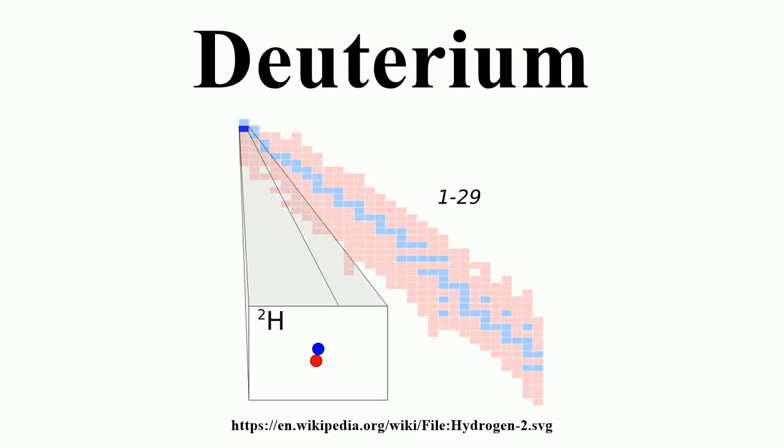Deuterium is one of two stable isotopes of hydrogen. The nucleus of deuterium, called a deuteron, contains one proton and one neutron, whereas the far more common hydrogen isotope, protium, has no neutron in the nucleus. Deuterium has a natural abundance in Earth's oceans of about 1 atom in